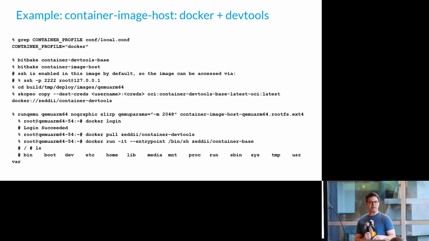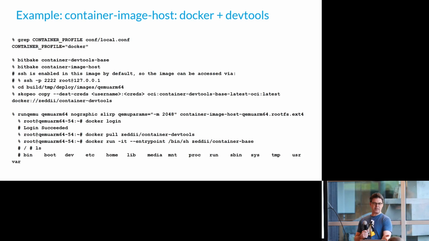So all you actually have to set in your local.conf is your container profile Docker. That could be Podman, it could be Containerd, it can be K3s. There's a whole bunch of ones that you can set, and they'll stitch together the components in the best known working configuration. Like if you do Podman, you're not going to get CNI, you're going to get Aardvark and their networking tools instead of CNI, for example, right?